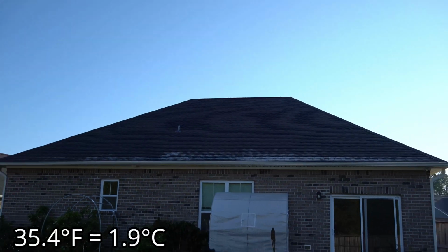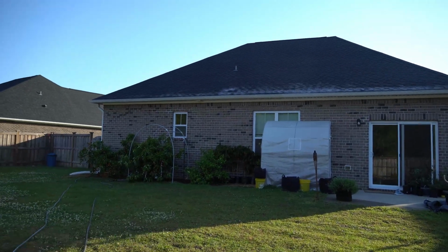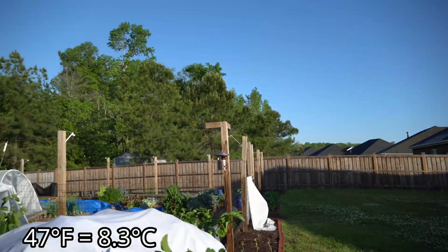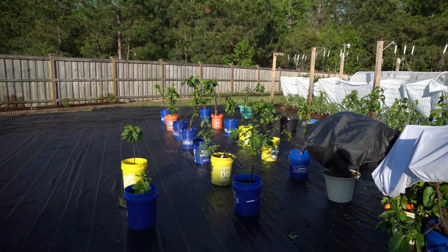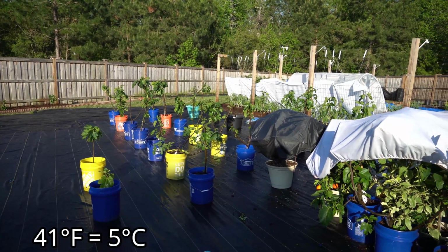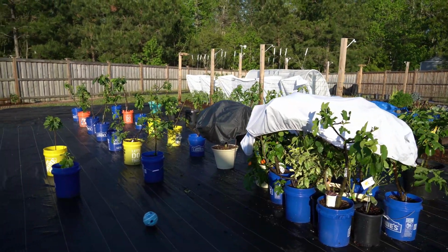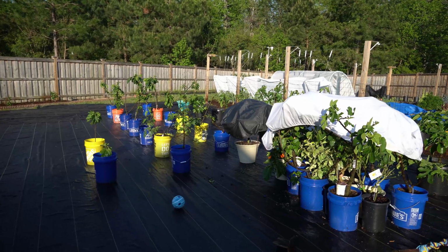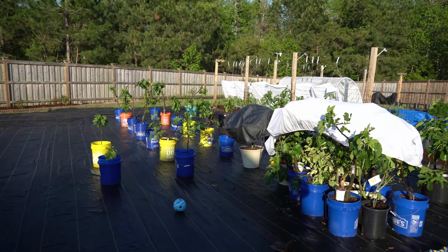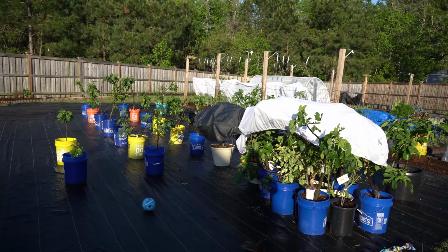We got down to 35.4 degrees, and it's only 7:54 right now, and it's 47 degrees. So we've risen 12 degrees in the past 45 minutes. Our forecast low was 41 degrees, and I knew that wasn't going to happen. I knew we were going to fall well below that because there was going to be no winds and it was totally calm. So I'm documenting this video because I want to show you all how you can protect against